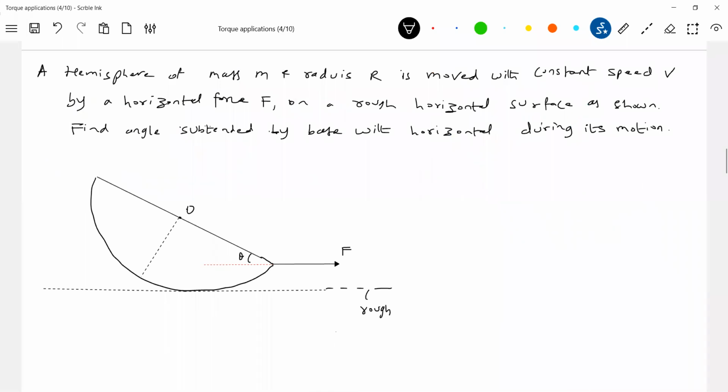Read next one. A hemisphere of mass m and radius